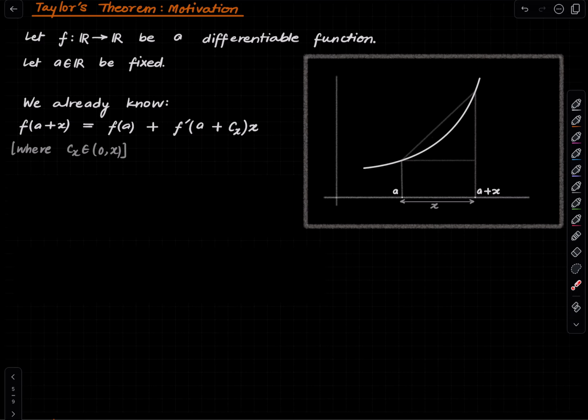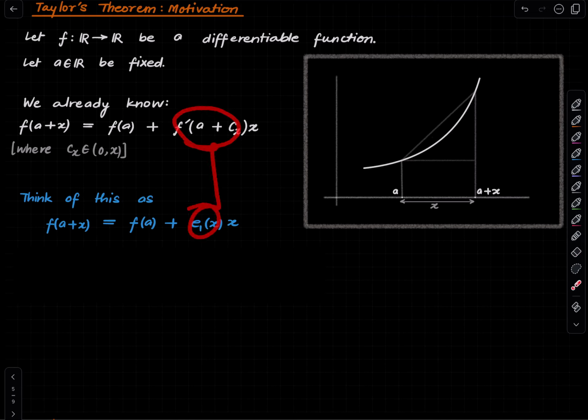And think of this as a first order approximation of f of a plus x. This is your first order error, whatever that means. This will be clear or more clear in the next slide. So the next slide attempts to, so this is what I just said. Think of this thing as the first order error. E1 is denoting the first order error, and the question we are considering is,